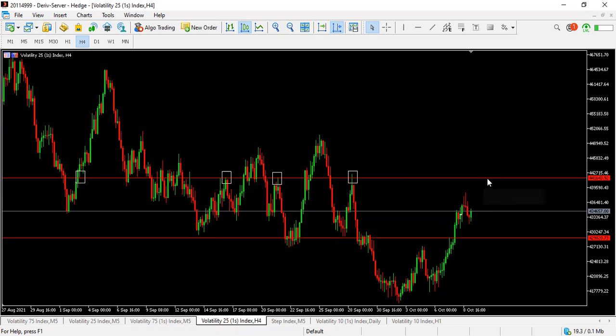And price, what is price doing? It's approaching our line of sensitivity. So this is the H4 chart, so it's going to take time. So this is what I do. I'm away from the